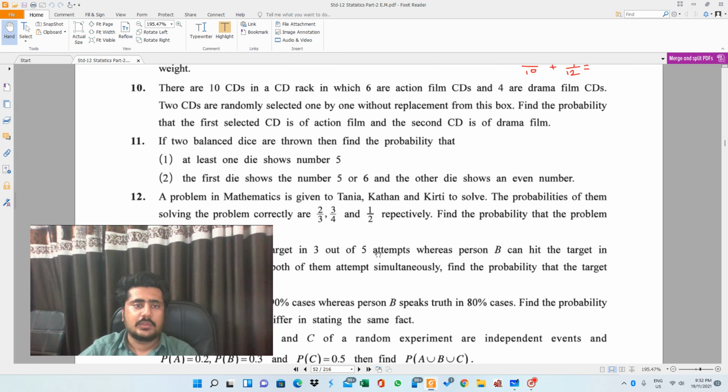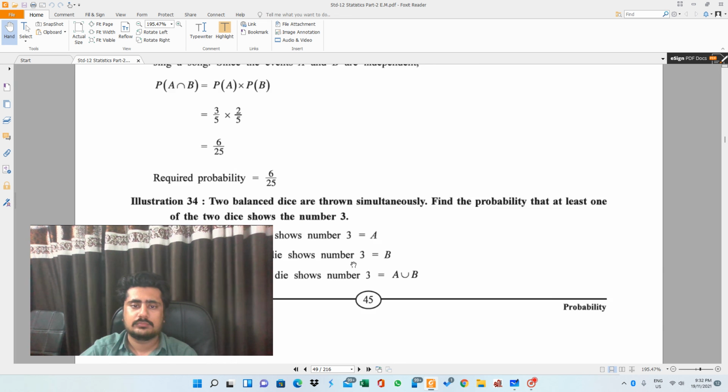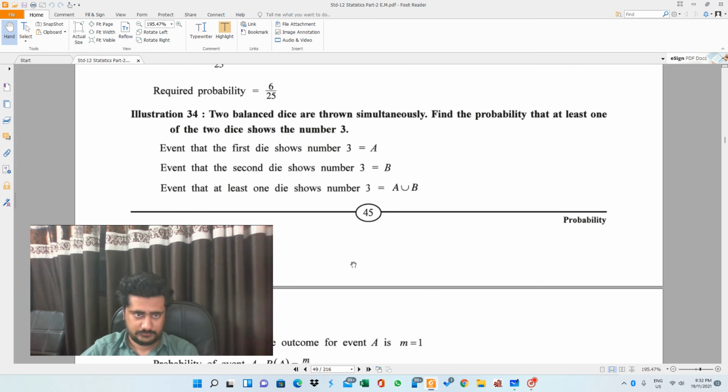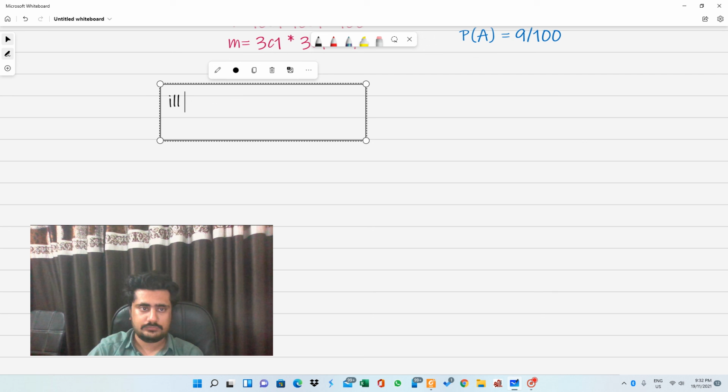So in the exercise we have completed up to 10. Now let's do illustration 34. Two dice are thrown simultaneously. Find the probability that at least one of the two dice shows number 3. So I'm giving the heading illustration 34. The question is that two dice are thrown. Find the probability that